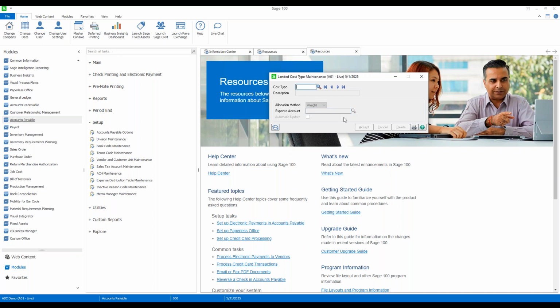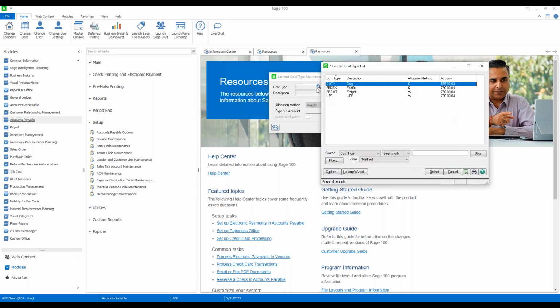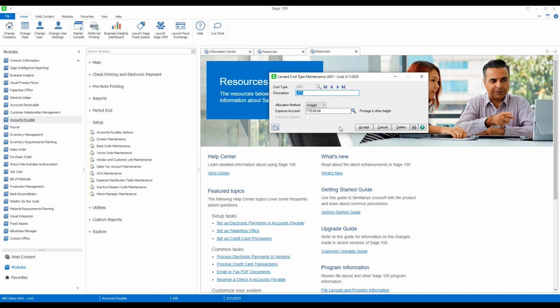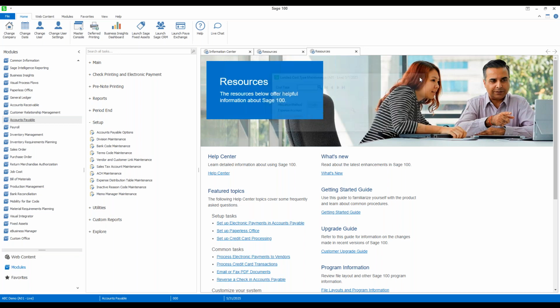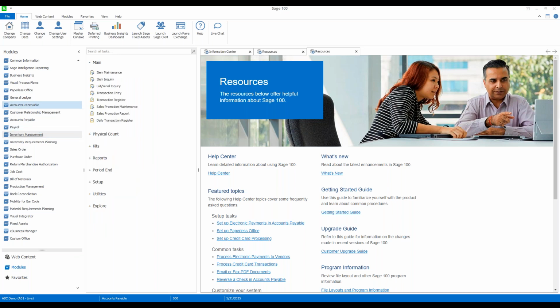Let's see if we have any more in here we might want to just show you real quick. Here's one I did for UPS. So again, a way of flagging a third-party carrier versus freight on the PO. Okay, so that's pretty easy to set those up. And the next thing we need to do is get our inventory items ready to work with landed cost. So to talk about that,